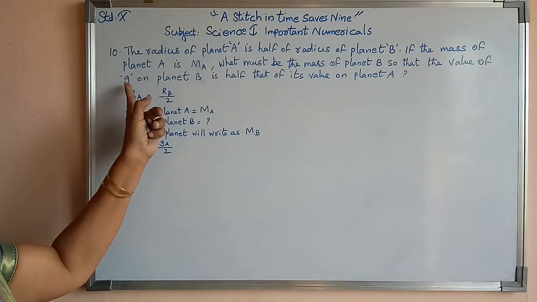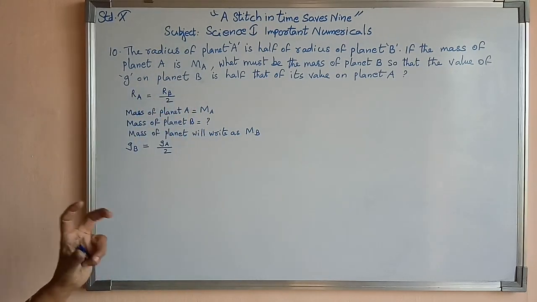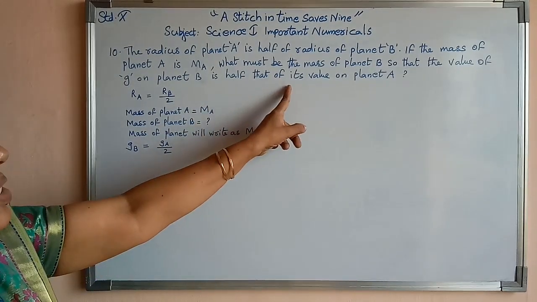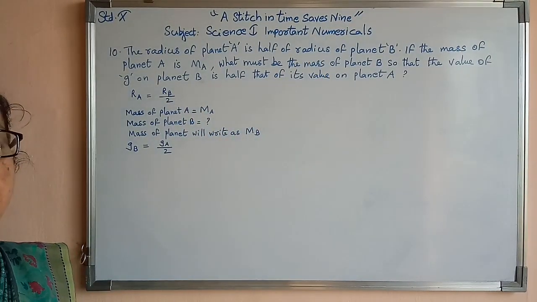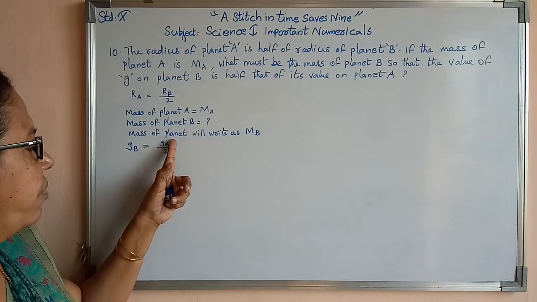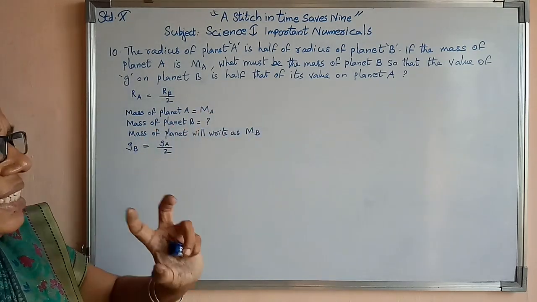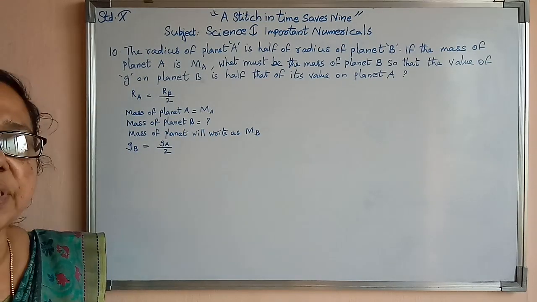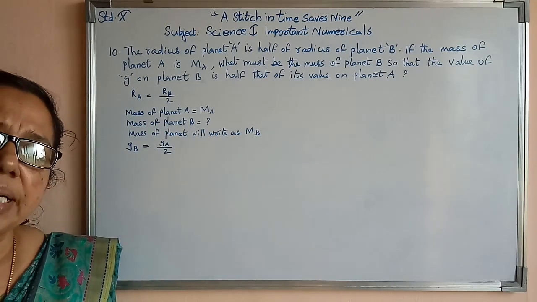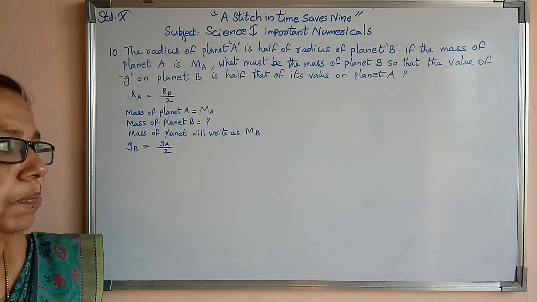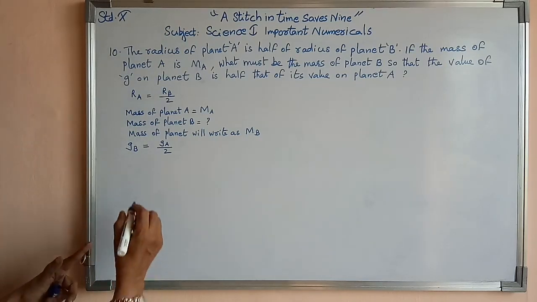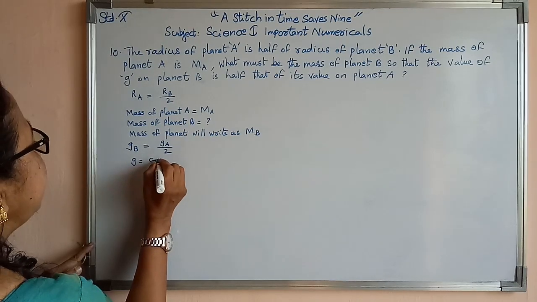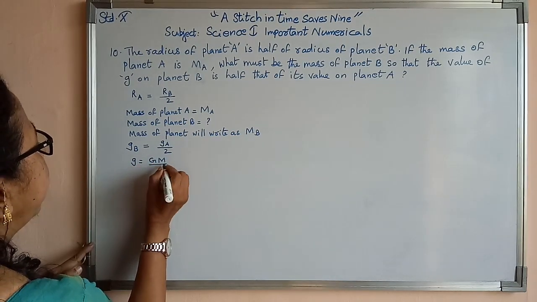After that, the gravitational force on planet B is half of the gravitational force on A. Planet A has gravitational force Ga, so half of it is the gravitational force exerted on planet B. Now we have one formula with us, that is G is equal to capital G into capital M upon